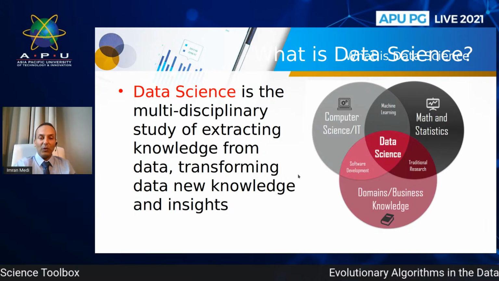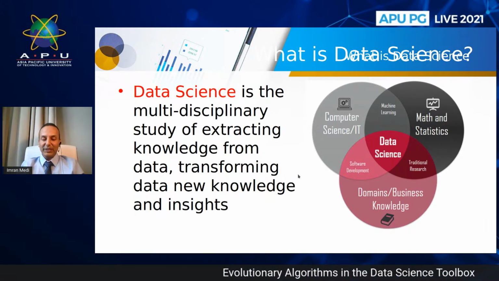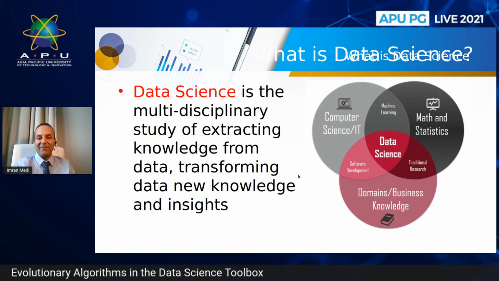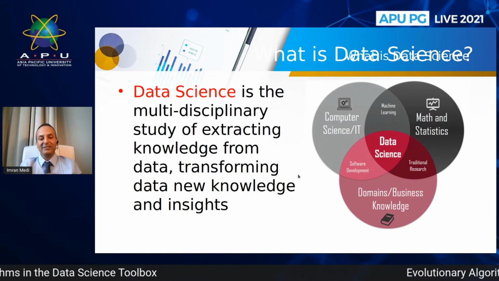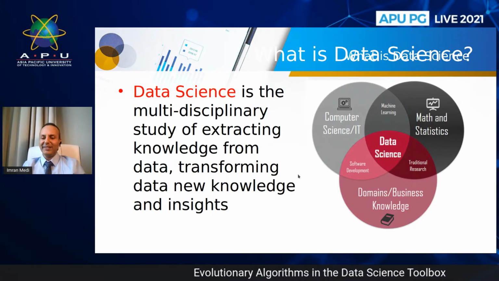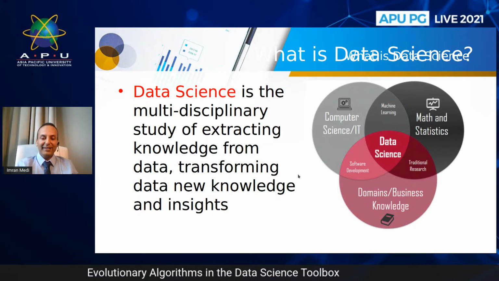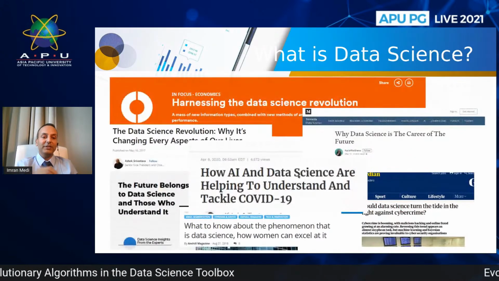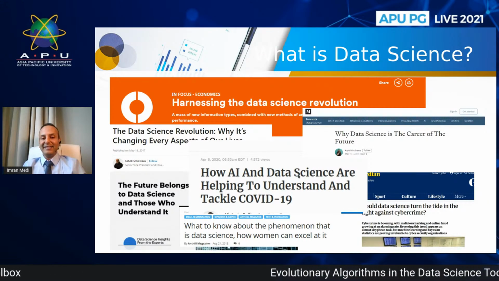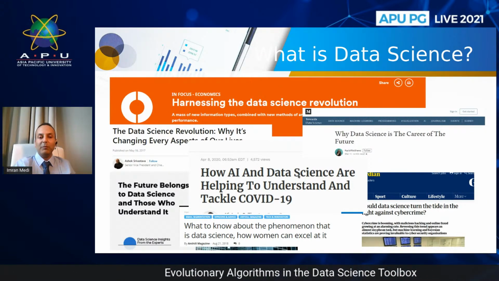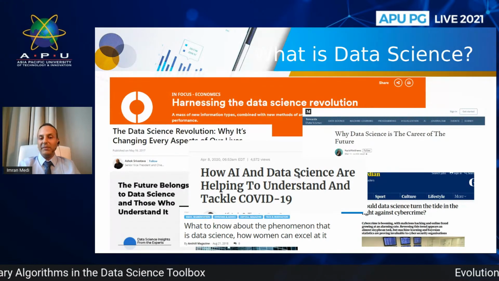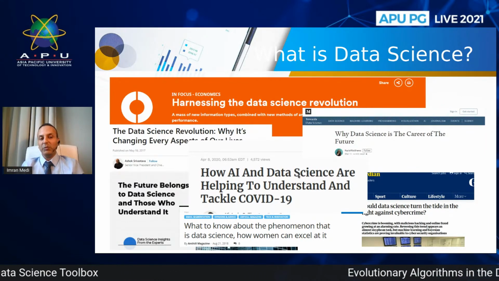exploration of our data. And data science has been hogging headlines for quite a while. In 2012, I think it was, Forbes magazine described data science as the sexiest career in the 21st century, which is hyperbole, but it has rung true in terms of the importance of data science. So there's been a lot of attention to data science. It is a discipline which is industry agnostic, and so it's applicable to a variety of different domains, ranging from medicine, health, government, the private sector, the public sector, and so forth.